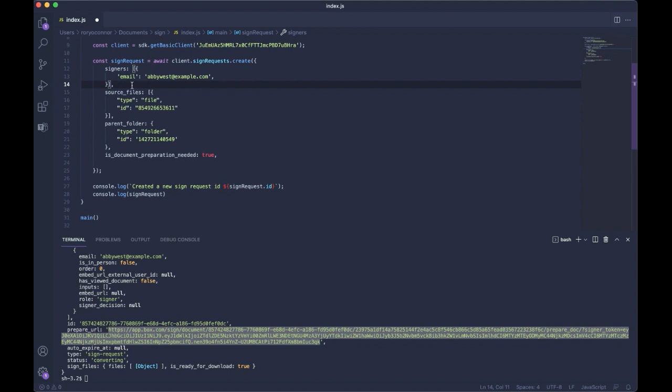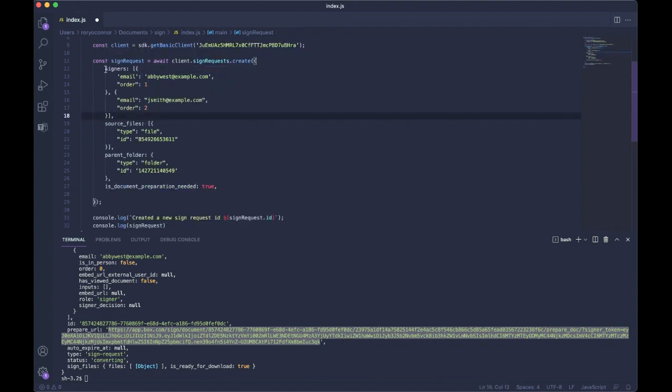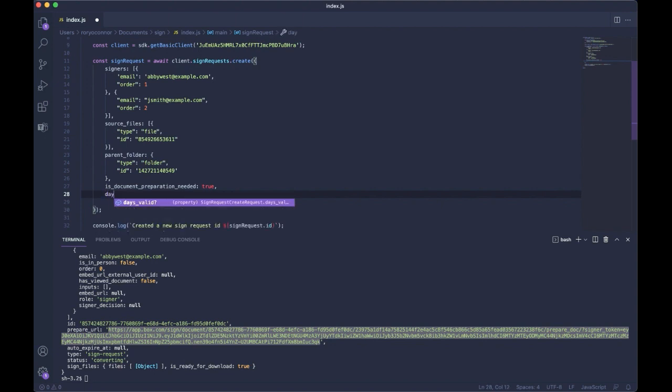Additionally, if you'd like to further customize this request, you can use any of the parameters listed on the Box developer site. For example, you could specify more signers and then mark which order they should sign the document in. If you'd like to set an expiration date on the document, you can use the days valid parameter and set that for 2 weeks, for example. These parameters and others that will allow Box Sign to fit directly with your business needs are available in both our Box Sign guides and our API